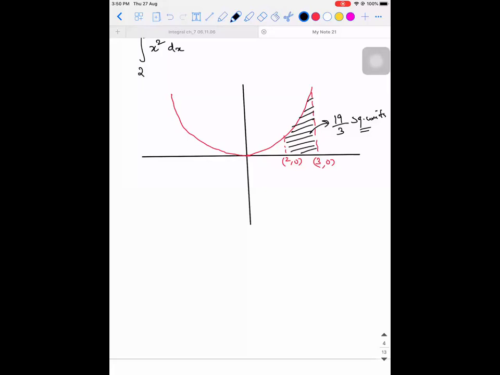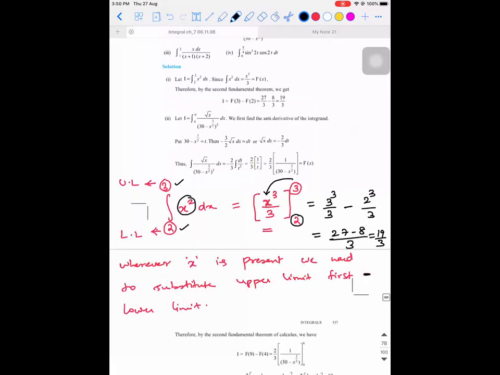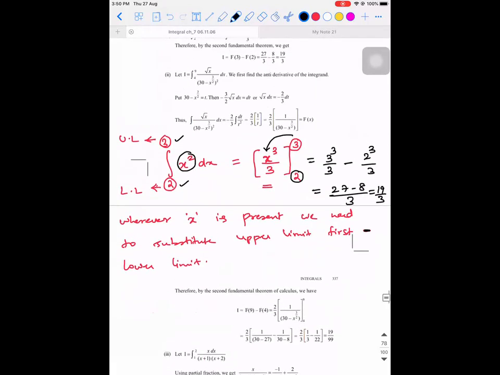Are you guys able to visualize what is the meaning of it? So that is the meaning of definite integrals. So that's what I meant by area made by the curve with the x-axis between the lower limit and the upper limit. Is that clear? Yes, sir. Okay. So shall we go to the next problem? So the next one is, can you guys try?